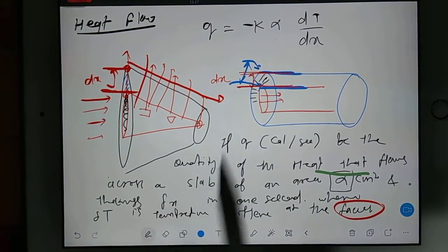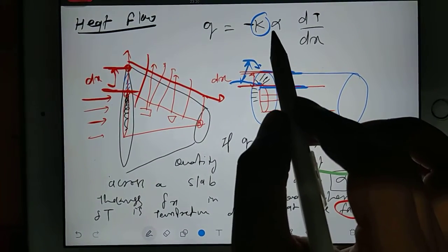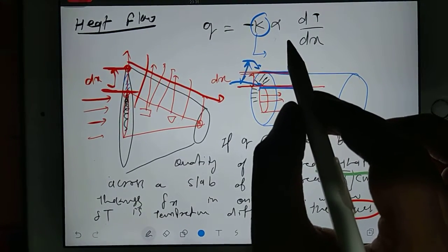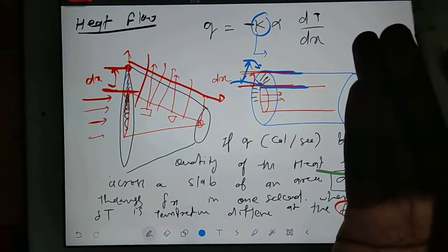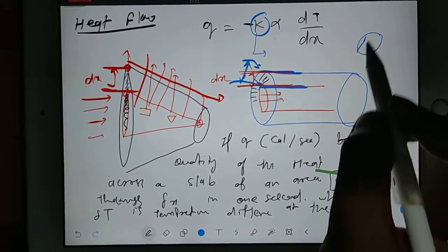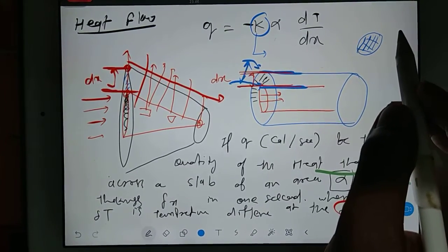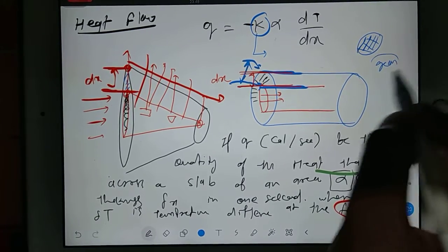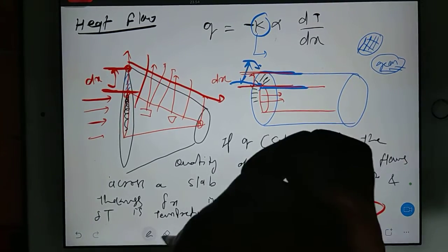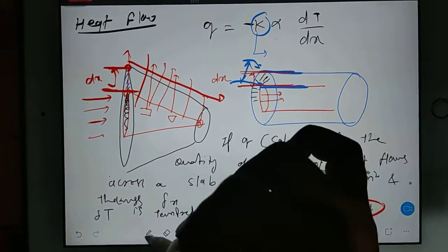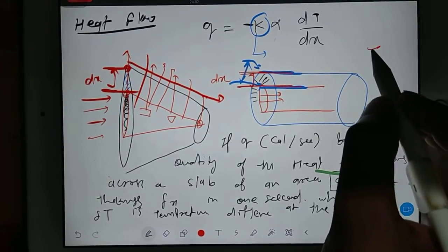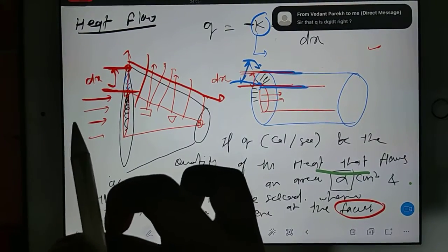And what is K here? This K, actually it is not K, it is kappa, but simply write K for now. K is thermal conductivity. It will decide how easily heat can flow, like how much conductivity is there in the material. Like you have stone, current cannot flow but heat can cross the stone. Like a green part of a tree, heat cannot flow but current can flow. So heat conductivity is different and electrical conductivity is different. Here we are talking about the human body. In the human body current can flow, heat cannot flow, right?